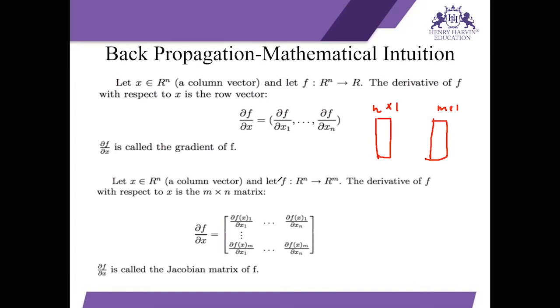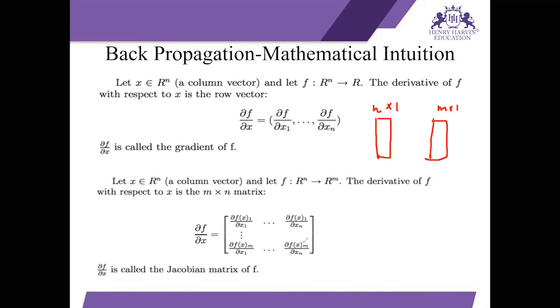For the first row of your Jacobian matrix, we will always look at only the first component of your output vector, and we will find the partial derivative of this component with respect to all the components of your input vector. That is why we have the subscript f1, which corresponds to the output. But as we go along the columns, we see that the denominator index is changing. So it becomes ∂f1/∂x1, ∂f1/∂x2.